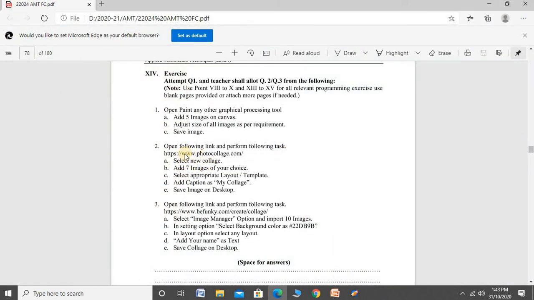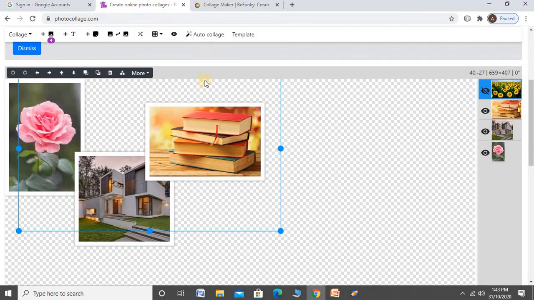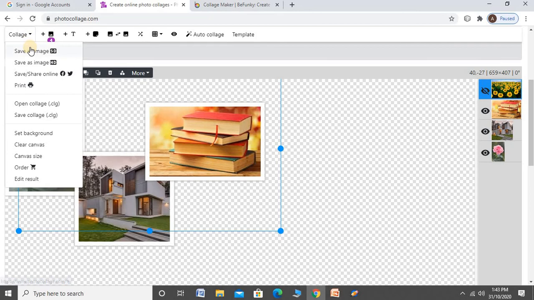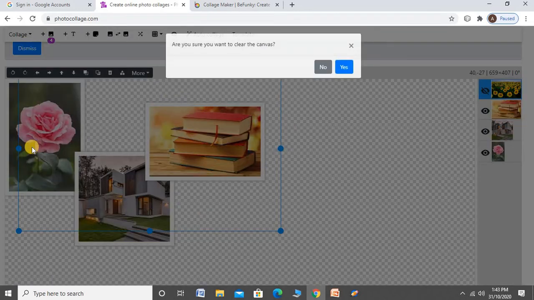Select the new collage, go in that, visit that URL. I have already opened that URL. Clear the canvas. First of all we add the images.